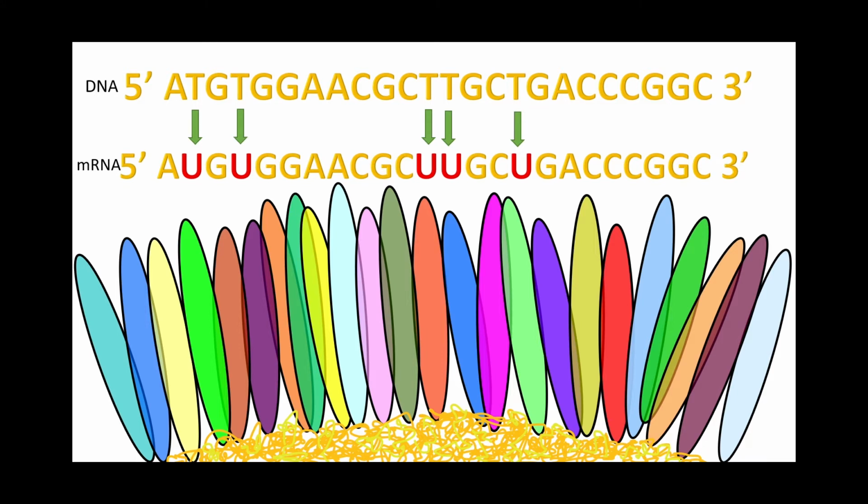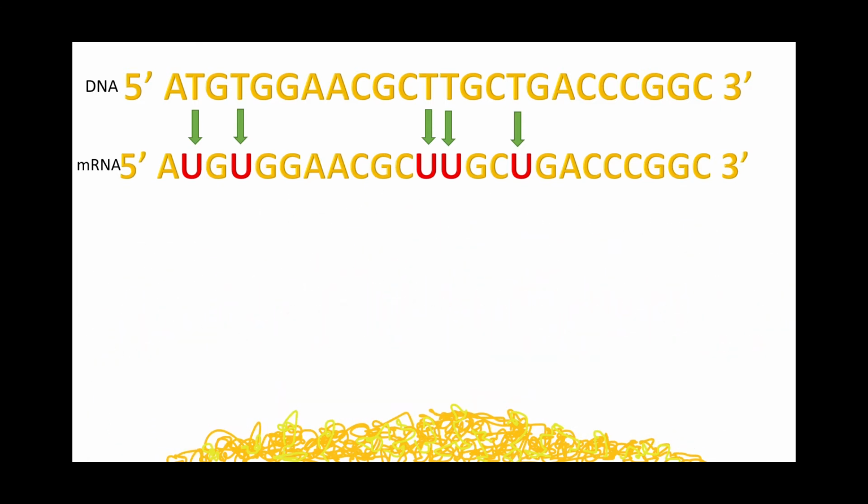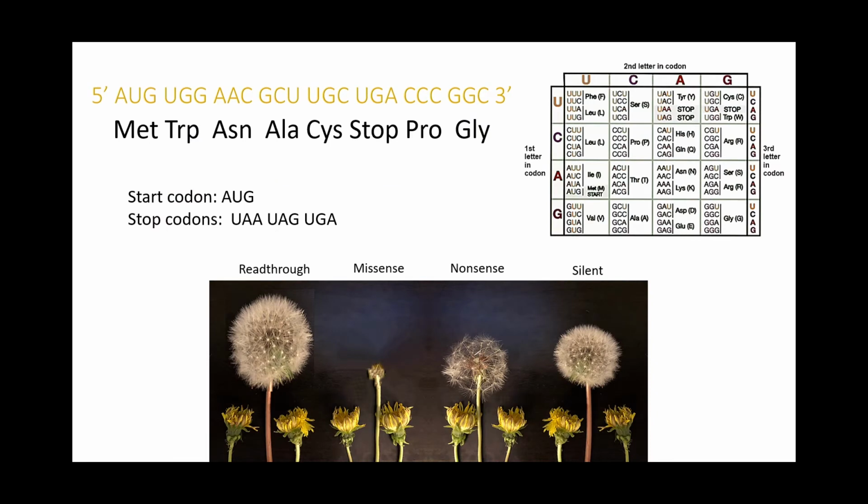Here we are given a DNA sequence. In order to code it, we need to transfer it into an mRNA, which is done by changing all the T's into U's. For this video, we will be focusing on mRNA strands. So here's the final sequence we will be using to demonstrate point mutations. Before we get started, we need to correspond each codon with an amino acid. A codon contains 3 letters.